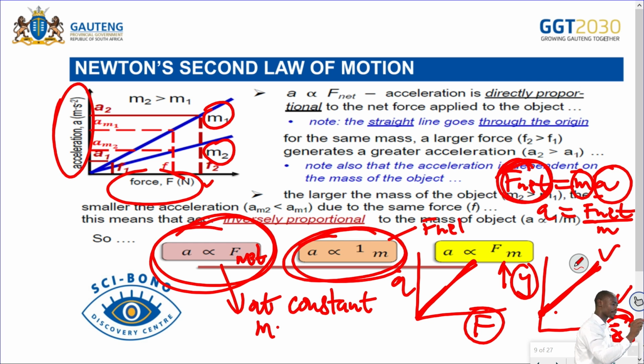F net. So we cannot talk about the relationship between A and m if F net is not constant. So by now we know the relationship between A and F, and between A and m. Between A and F is directly proportional at constant mass, and between A and mass is inversely proportional at constant net force, right? So another thing that they can ask: the dependent variable is acceleration, the independent is the force,